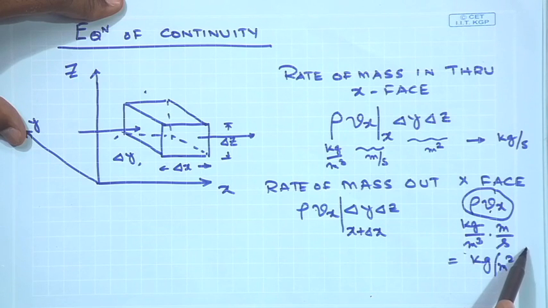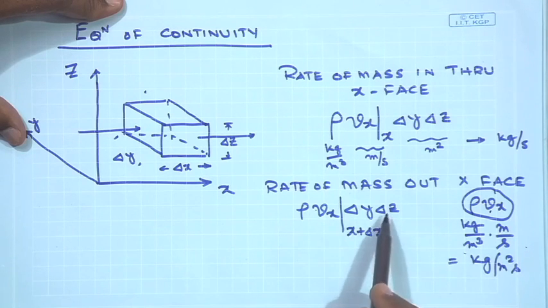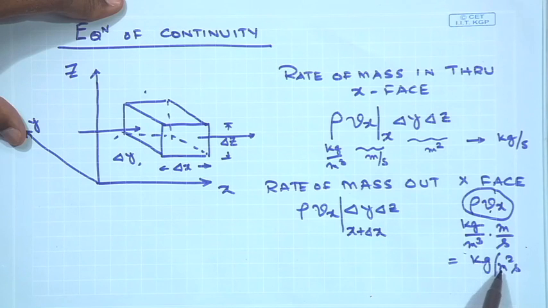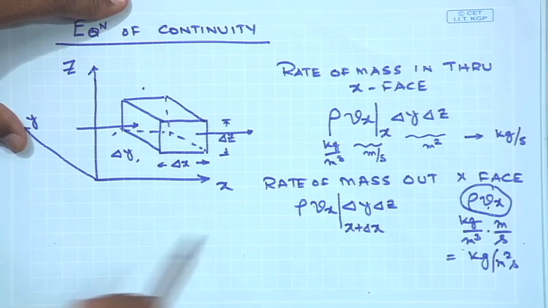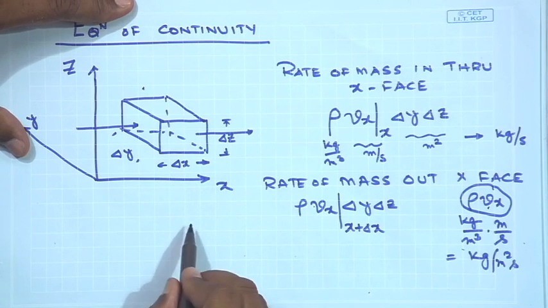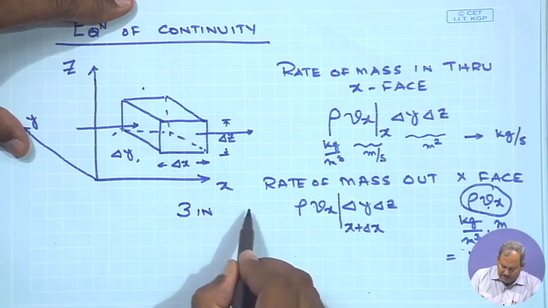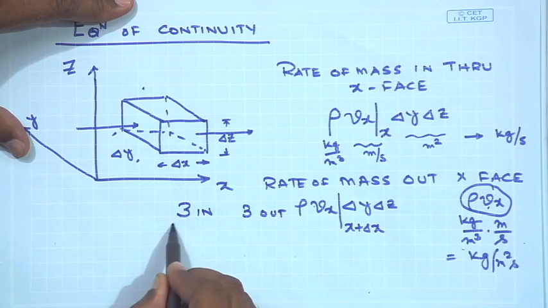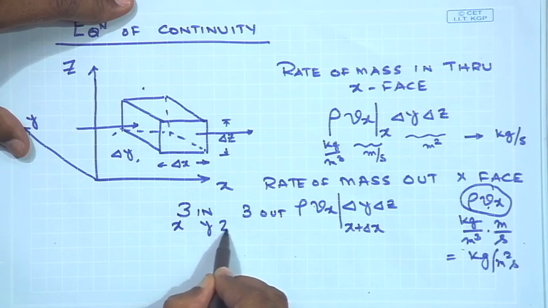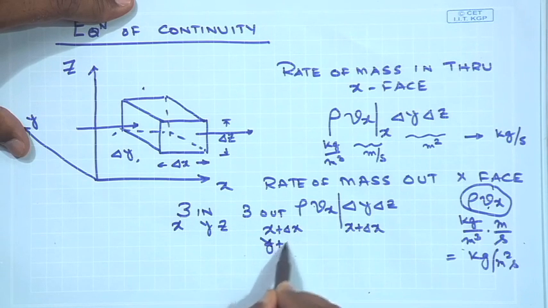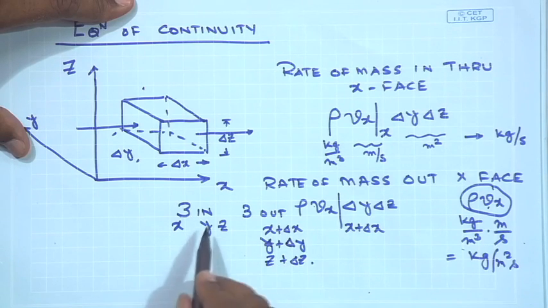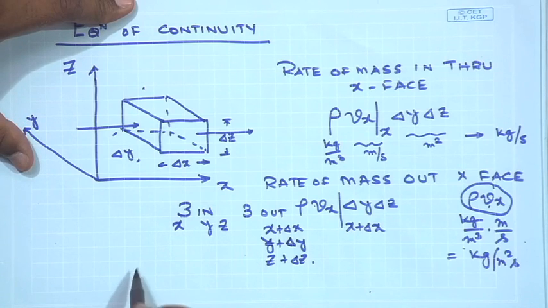when multiplied by the corresponding area, would give you kg per second, or the rate of mass coming in to the control volume. So, you are going to have 3 in terms and 3 out terms. The in terms are at the x, y and z phases, and the out terms are going to be at x plus del x, y plus del y and z plus del z phases. As a result of this in and out, there would be some amount of